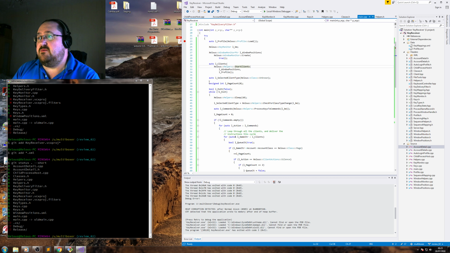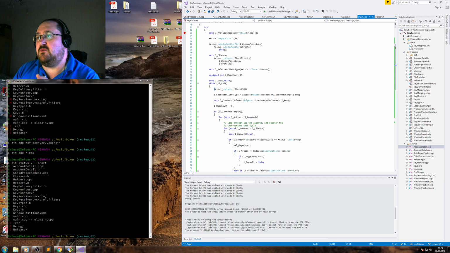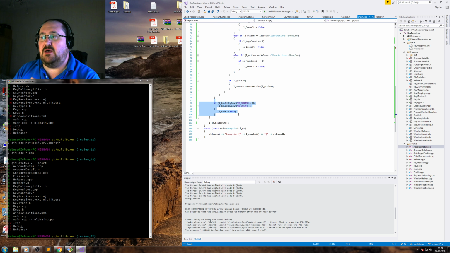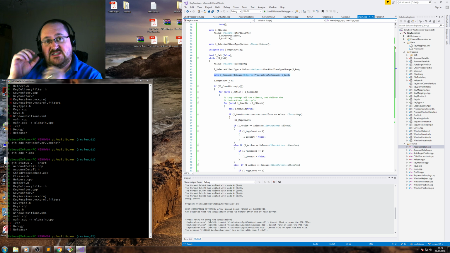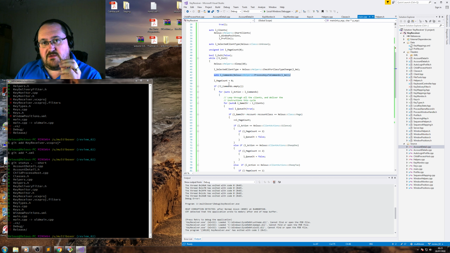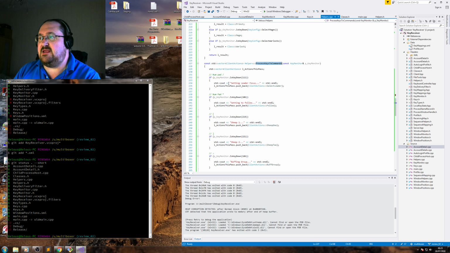So the meat of the program, the actual meat of it, so we have this main loop while we're not exiting, and to exit I've now added the ability to use control and escape to just quit out, and we go through and turn the current set of keys that are down into a list of commands. So that might be pressing the numpad number 5 to make them all start their DPS, or number 6 to start their healing, or I think it's numpad insert to actually select the leader and enter to make them follow me. Whatever the command is, this turns those keys, so whichever key, into an action,